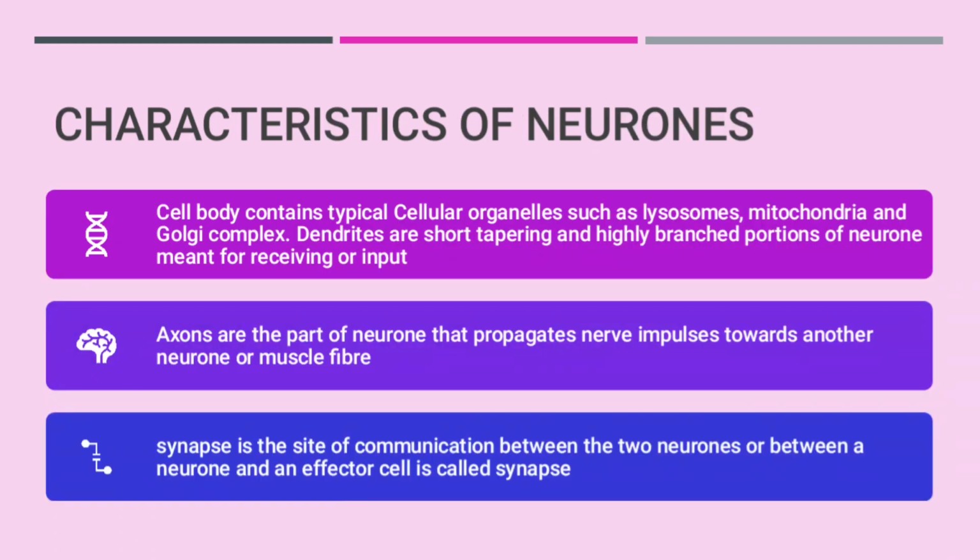Characteristics of the neuron: the cell body contains typical cellular organelles such as lysosomes, mitochondria, and Golgi complex. Dendrites are short, tapering and highly branched processes of the neuron meant for receiving input. Axons are the part of the neuron that propagates nerve impulses towards another neuron or muscle fiber. Synapse is the site of communication between two neurons or between a neuron and an effector cell, and is